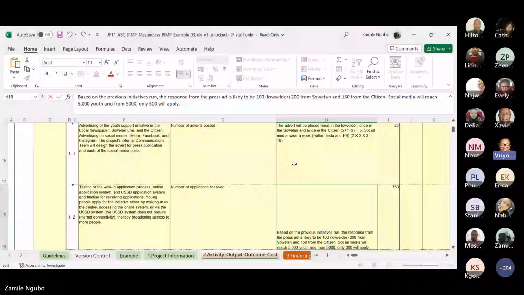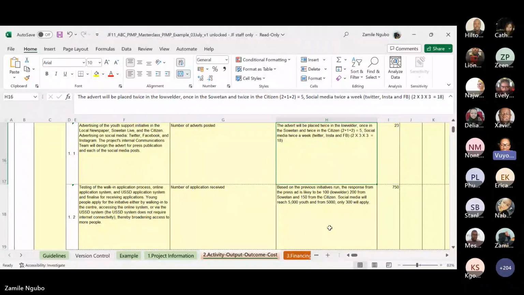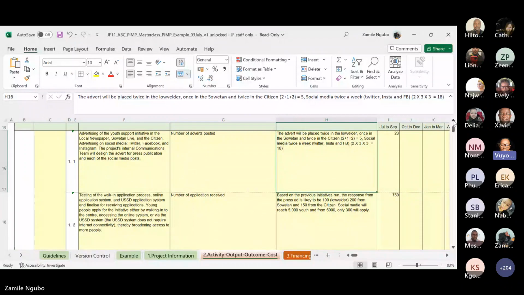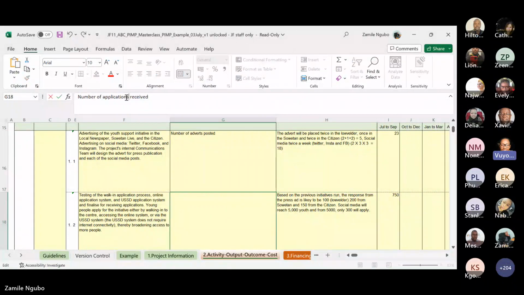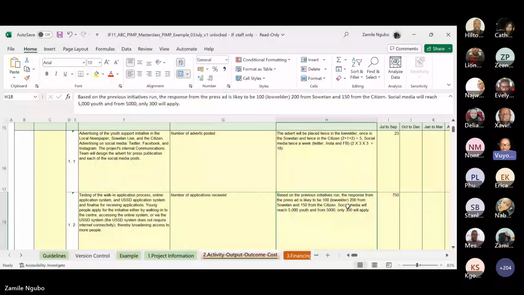So the detailing of the platforms where we will be rolling out these adverts and the number of times is all useful in terms of understanding what we are assuming around the effectiveness of that sub-activity overall. So yes, it does relate to the sub-activity, but we have to understand the finer detail around how we're going to roll out that activity